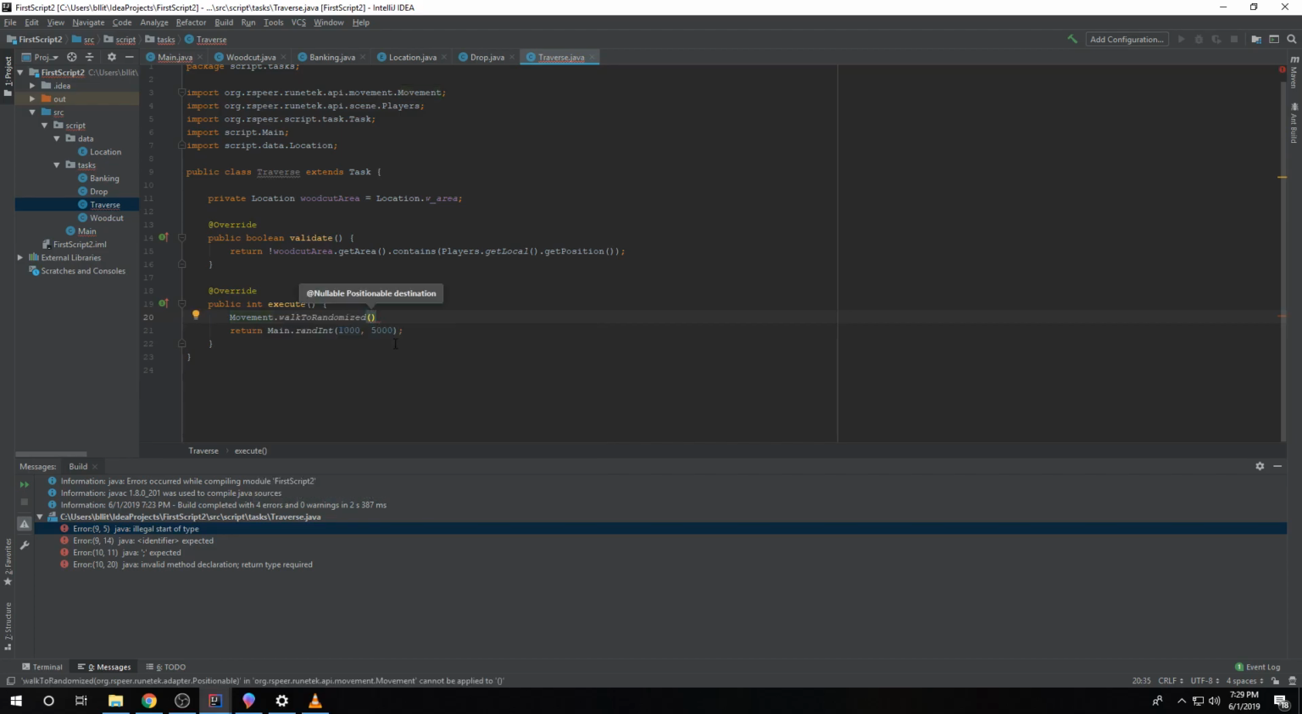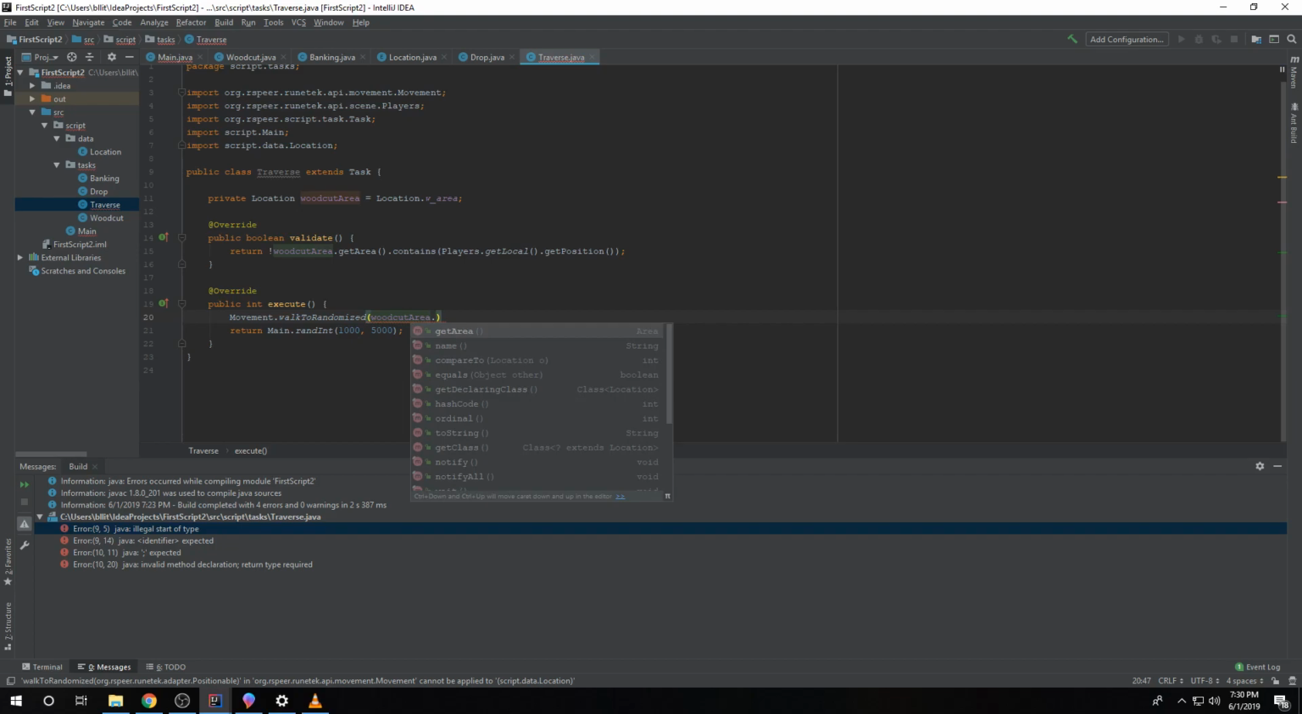And this will walk us to a random location within the area that we have selected from our location. And with this, we just need to pass in our location. So this would be our woodcut area. Sorry, that's our actual area. However, walk to randomize needs a specific position. So yeah, you have to also get the area. Forgot that. Woodcut area